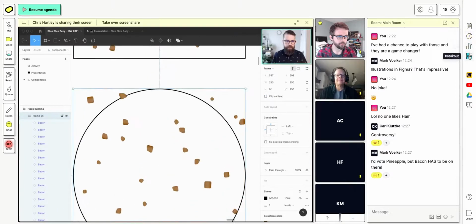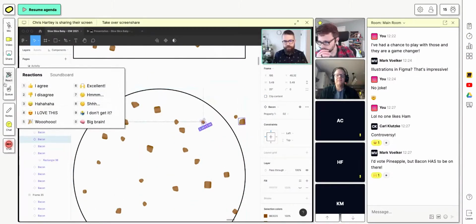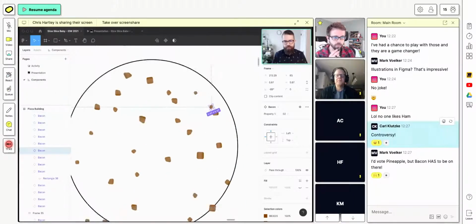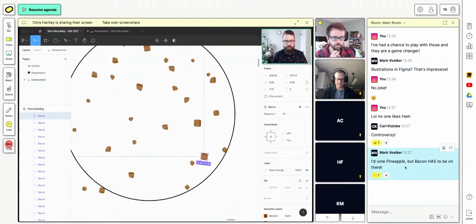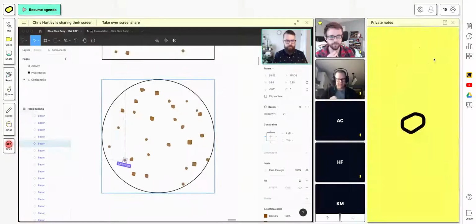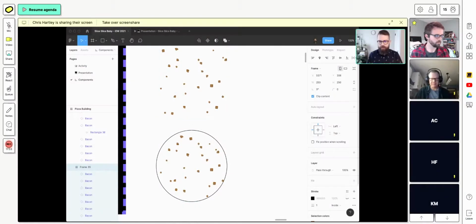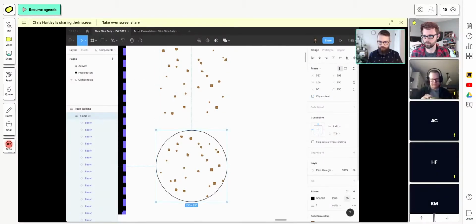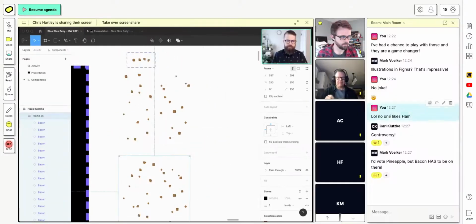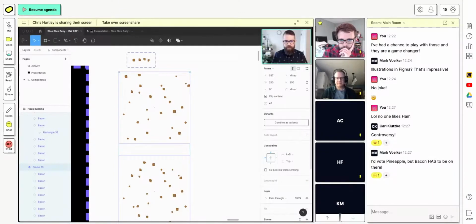Let's turn off clipping content so I can see what's still around here that needs to be brought inside. All right, so let's turn off the border to this, turn off the border to the circle one, and what we can do now is create multiple components here,